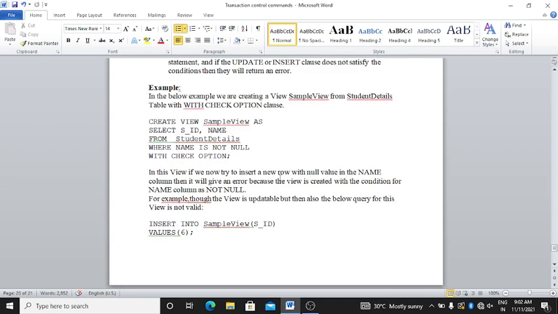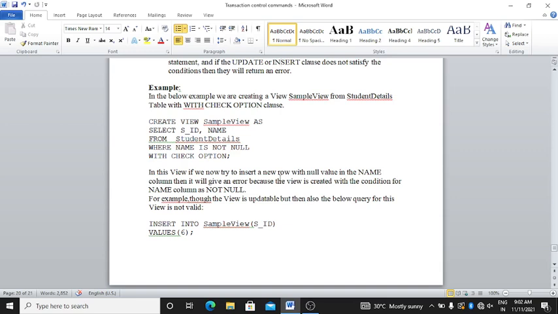Example: in the below example we are creating a view, sample view, from the student details table with the with check option clause. Create view sample view as select id, name from student details where name is not null with check option.